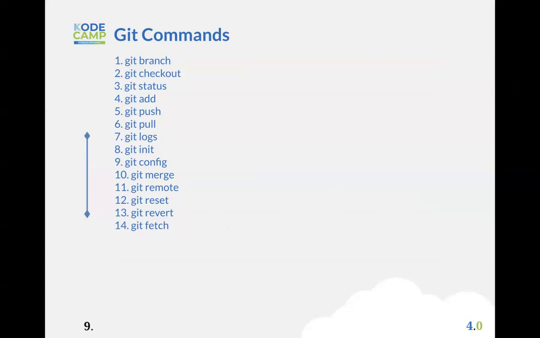You have Git branch, which can be used to interact with the various branches on the repository that you're working with, either the local branches or the remote branches. So you can use Git branch to display the branches you have. Git checkout is used to go into a separate branch. You can use Git checkout to move into another branch. Say you're currently working on your main branch. Git checkout helps you to move from that branch and go into another branch. You can also use Git checkout to create a new branch